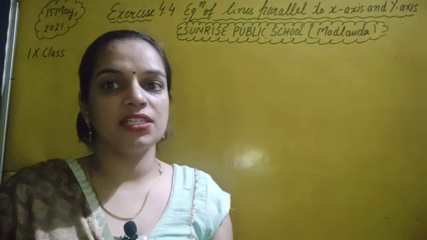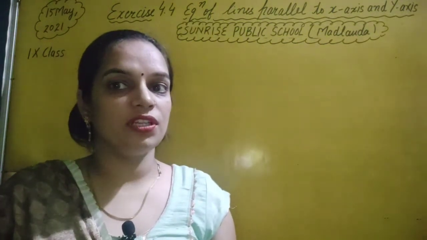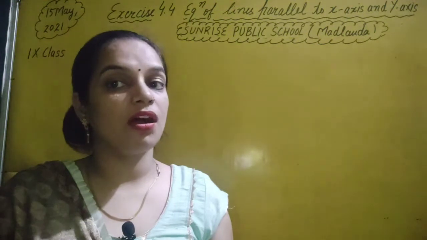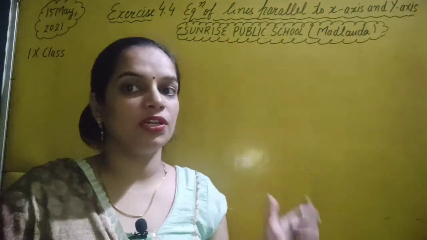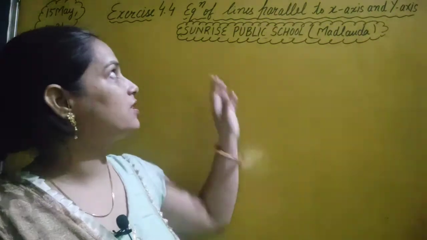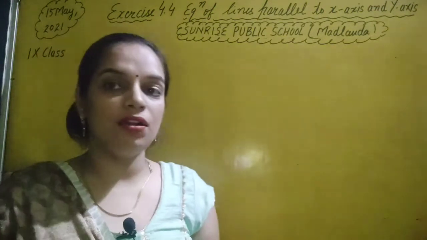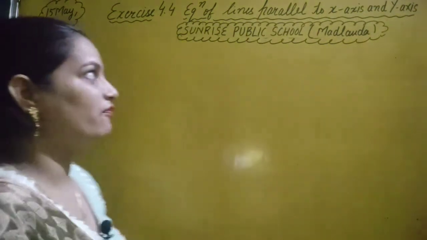In the previous classes of chapter 4 we have discussed linear equation in two variables, means how we find their solution, how we will represent it on the xy plane, means Cartesian plane, and now we will discuss equation of lines parallel to x-axis and y-axis. So let's start question number 1,